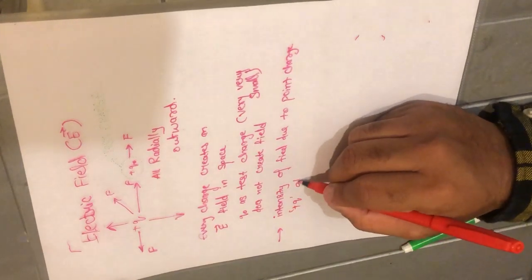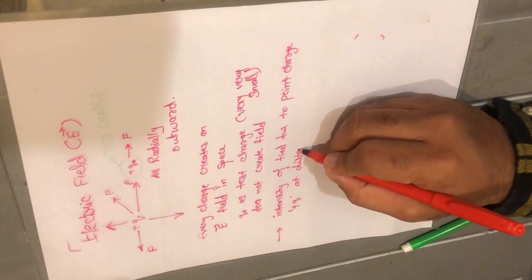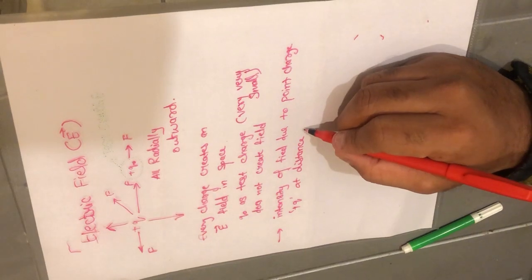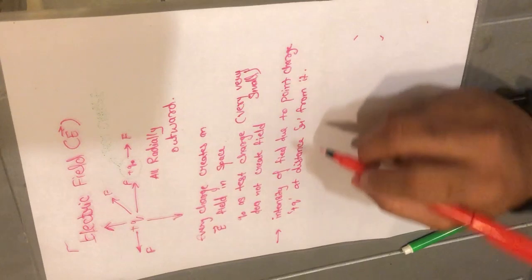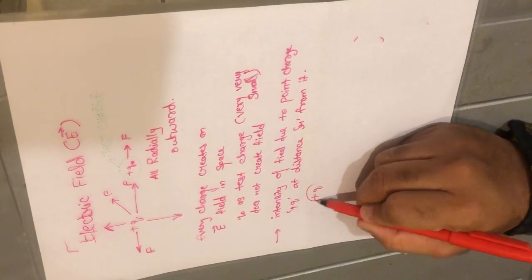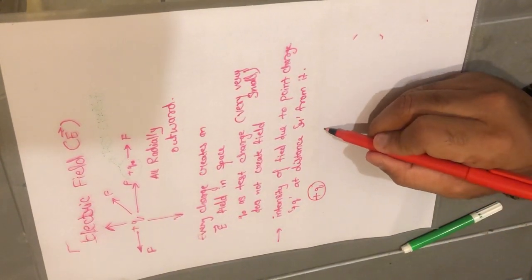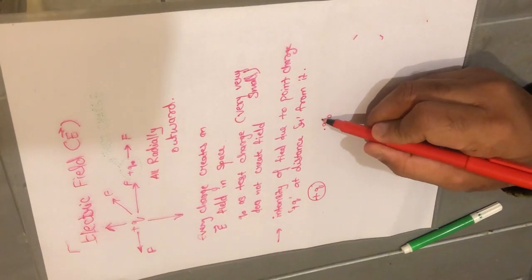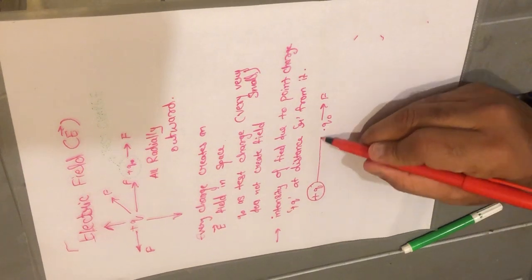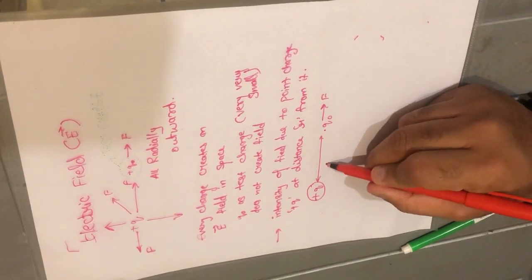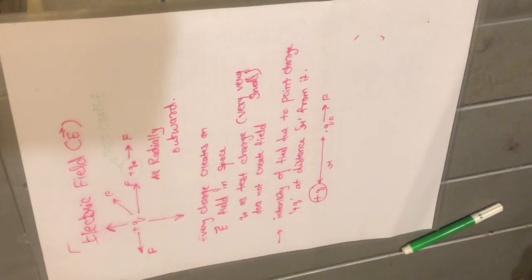Now we are going to see the intensity of a field due to a point charge. What do we mean by intensity of field? This you already know, a magnet has its own magnetic field, but its intensity varies according to the distance between the other particles around it. So suppose we have a point charge plus q, remember it is a point charge plus q, and there is a test charge q naught. Note that we always call the test charge q naught.